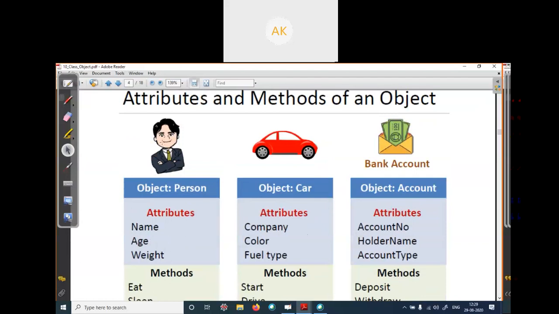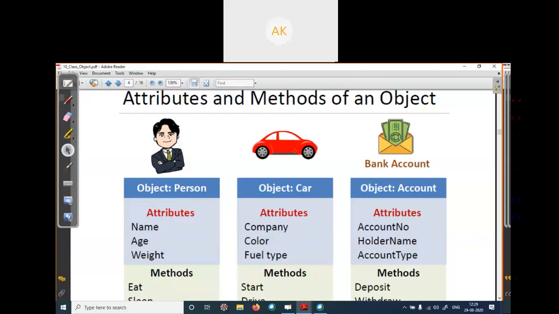Like here, this person has logical entities. What is the object of this person? Like Rahul, Rohit, Sumit, these are the objects which have physical existence. Person is not a physical existence. It's just a logic symbol to present the person entities.